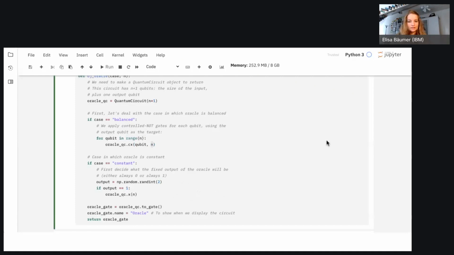This means that if we have CNOT gates applied from every single qubit, we basically in the end just take the parity. Each time the control qubit is 1, we flip the target qubit, so in the end we calculate the parity on the last qubit.